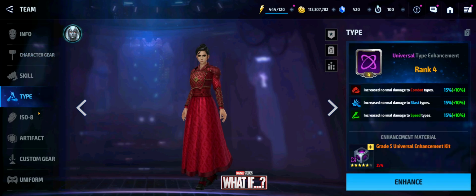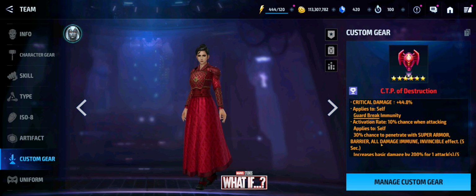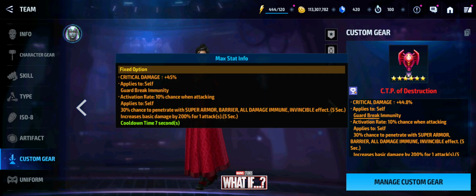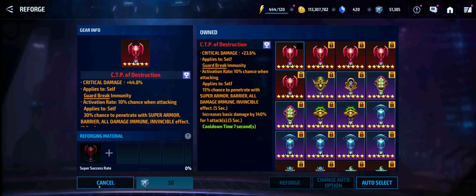Could she be improved in terms of what I'm currently playing her as? 100%. For instance, I don't necessarily believe the CTP of Destruction is going to be the best CTP for her. You could go into reforging a CTP here. I can't remember what the CTP reforge option is. So if I was to go reforge the CTP,